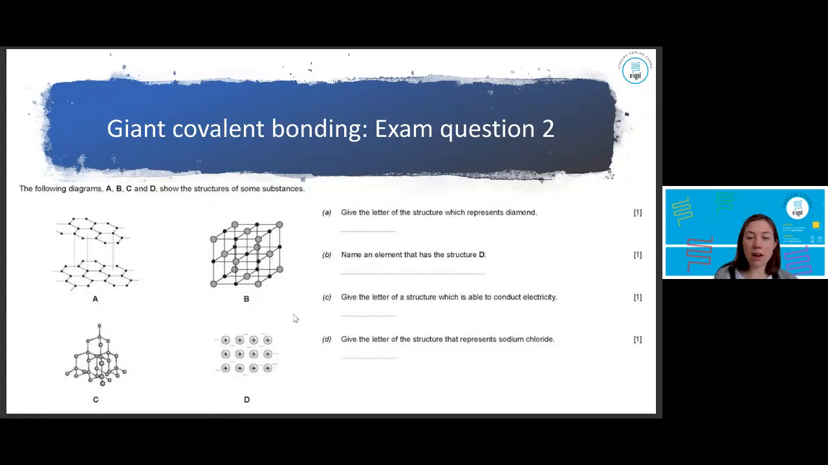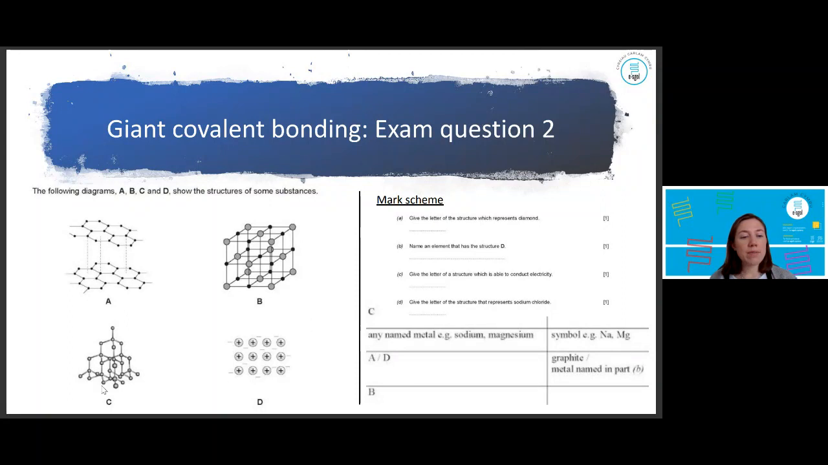So let's have a look at the mark scheme. So C is in fact diamond. I'm sure you've got that. Name an element that has structure D. So you can see D here is showing the bonding diagram of a metal. And because each one of these spheres, these circles, have got 1+ charge, that means you can choose any metal from group 1. We're accepting sodium, lithium, potassium. In fact, in this mark scheme, they're also accepting any other metal. Okay, so you could even go with magnesium,